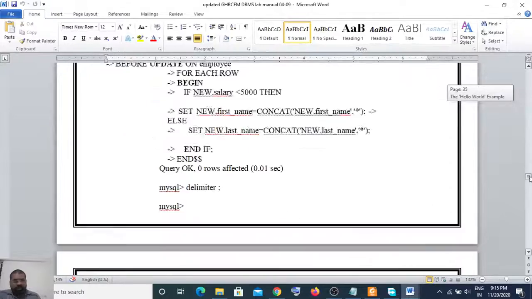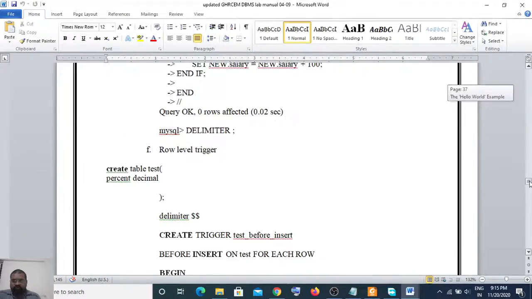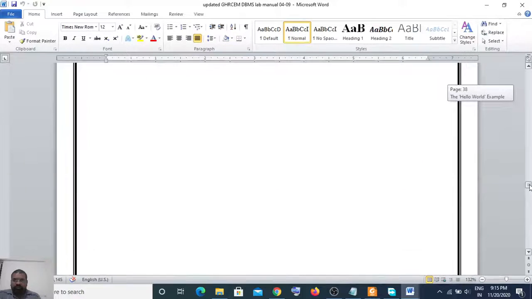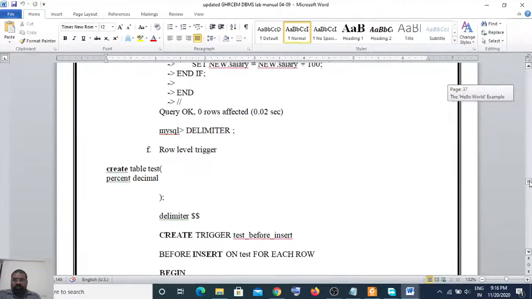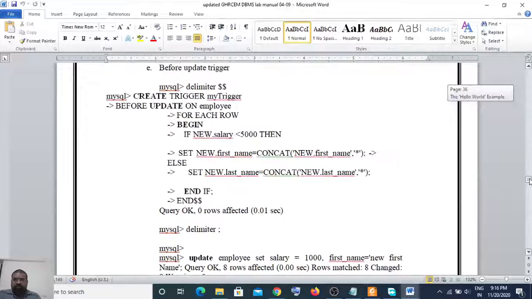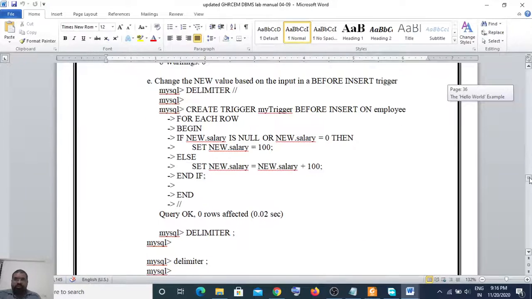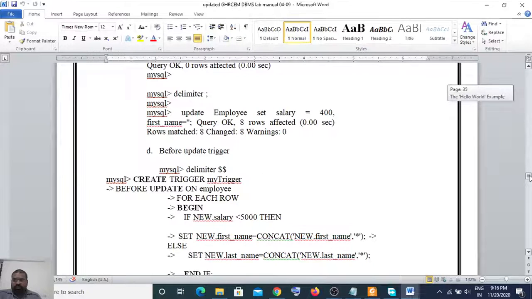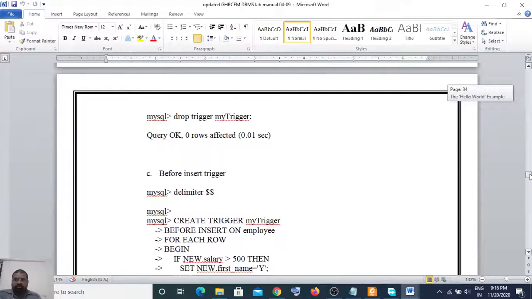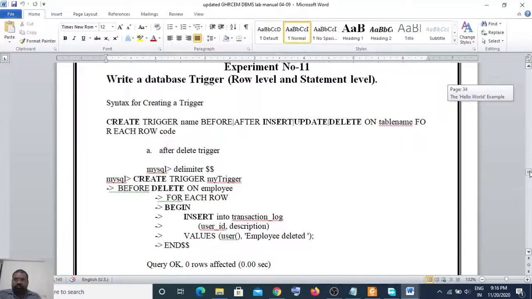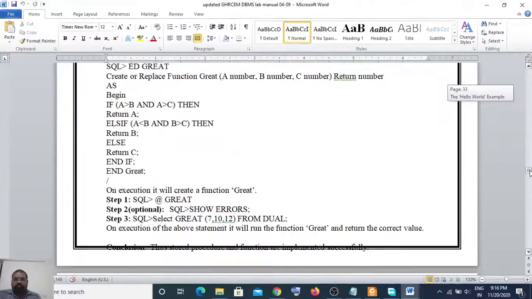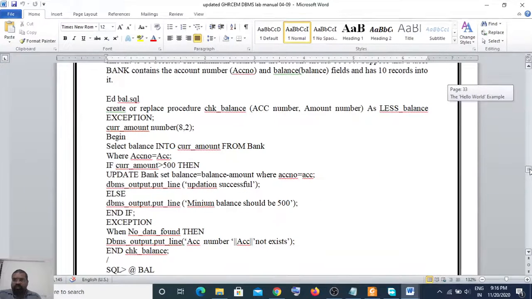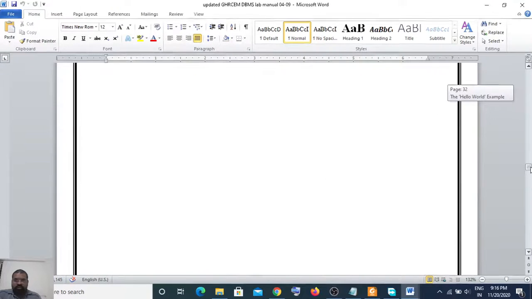The lab manual is having SQL, stored SQL commands.